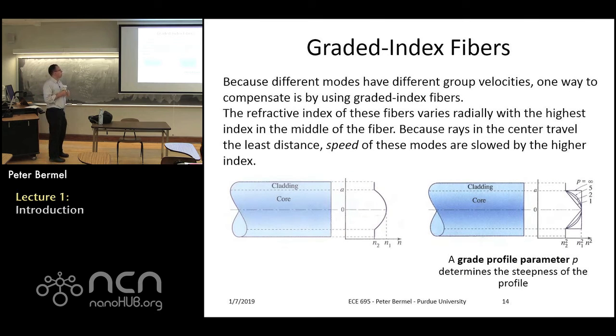Now, of course, the question becomes, why would we do this? What's the value of doing a graded parameter instead of just a step index? The reason is interesting. If you're sending multiple rays at the same time and they have different wavelengths, let's say, just for simplicity, they may actually travel at different speeds in a step index fiber. However, in a graded index fiber, they can be much more closely matched in terms